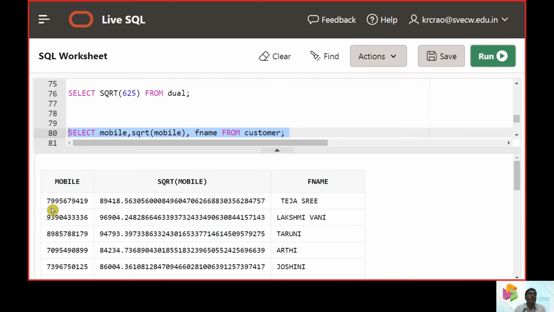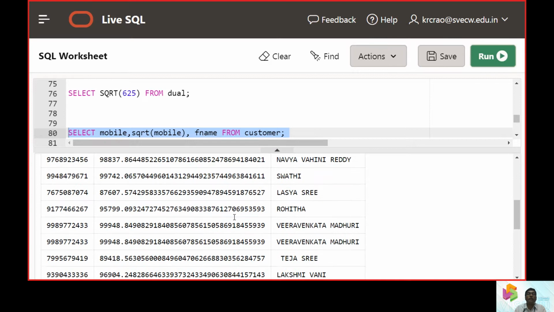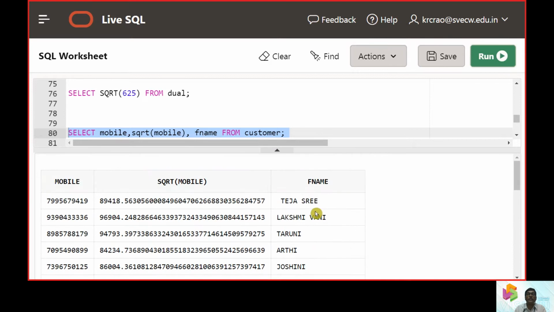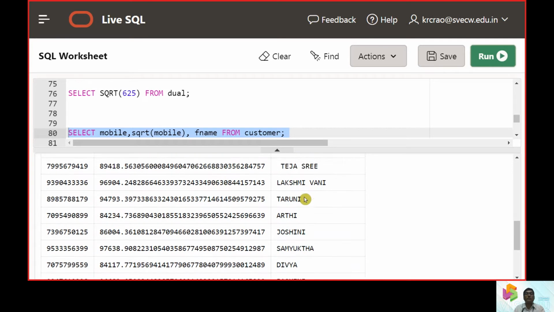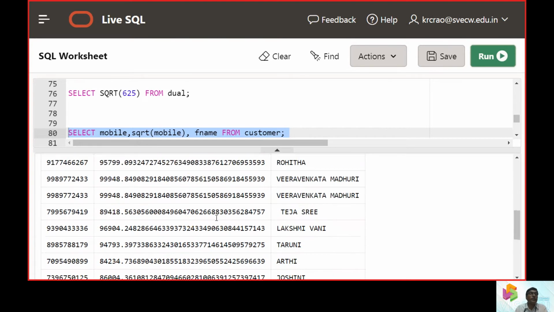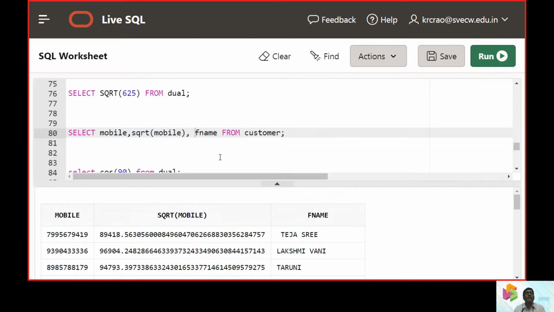You can see the square root of the mobile number is taken, then the square root of the mobile again, followed by the names, Aarti, Taruni, followed by Swati, Jasmine. These are some of the names of the students, the customers as mentioned here.